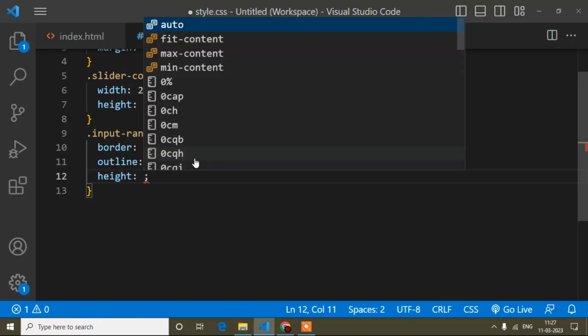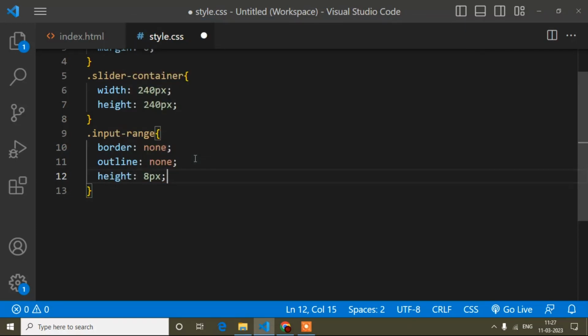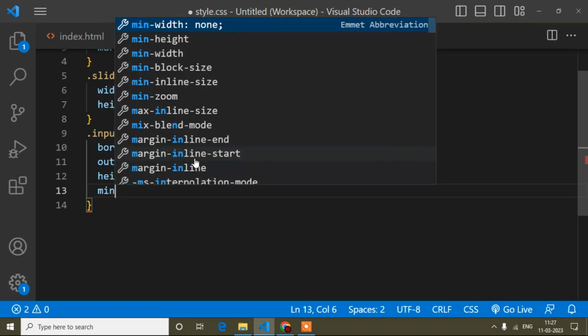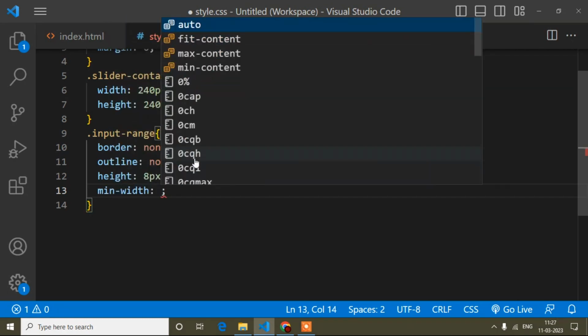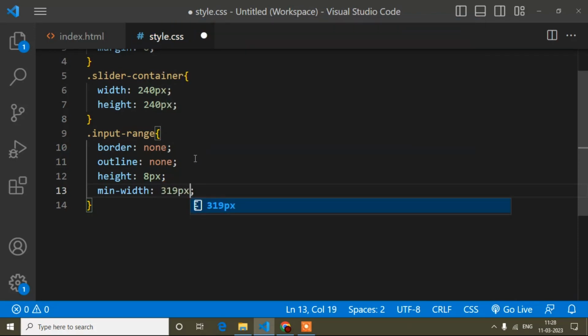Now height is 8 pixel, and minimum width I will write here. Min width it will be 319 pixel. By the way, this width you can write anything, and padding will be 0.